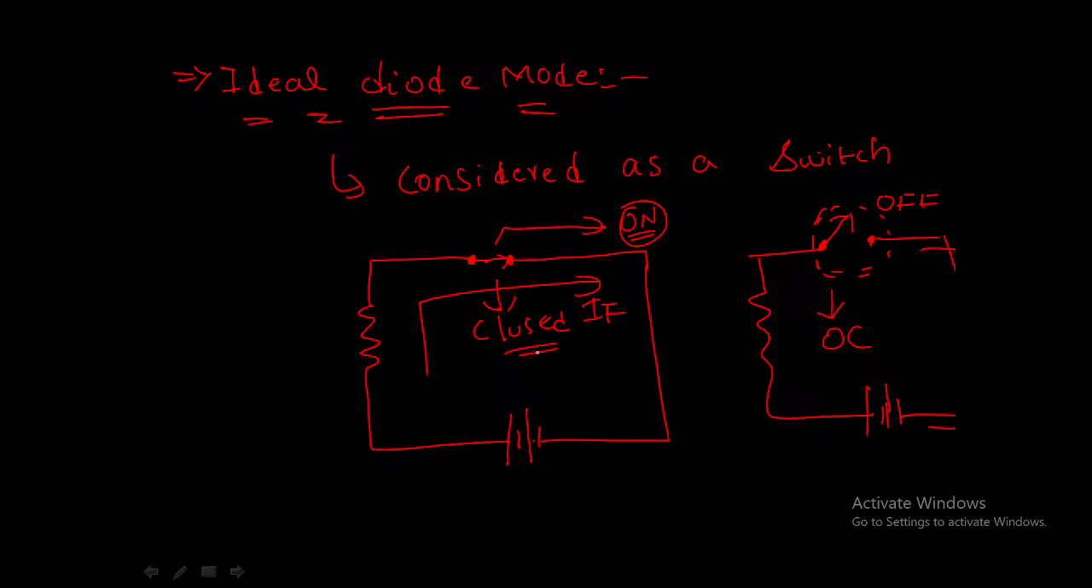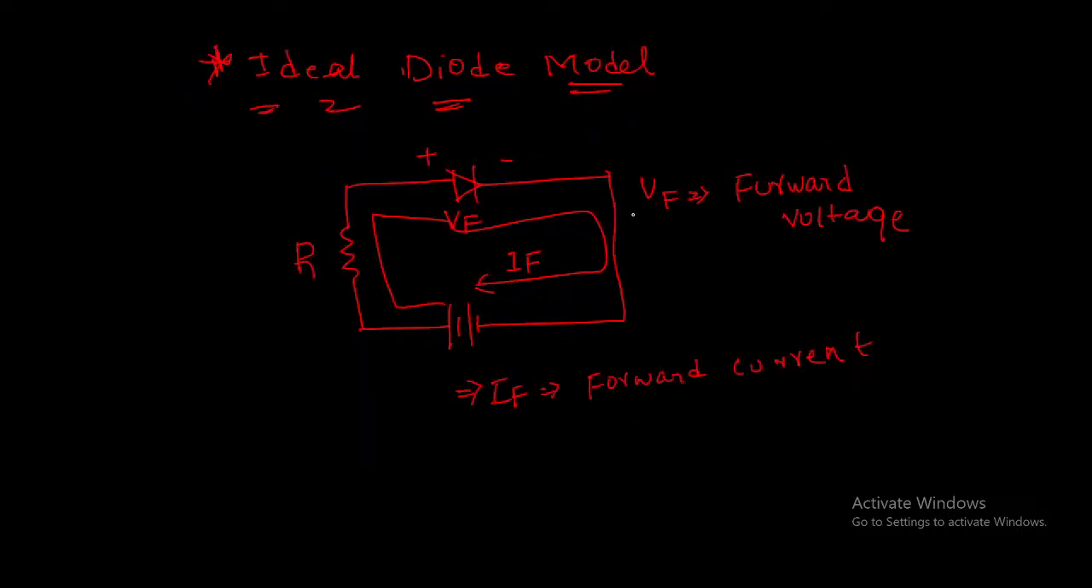So if the switch is on, the current will flow through the circuit, and if the switch is off, the current will not flow through this circuit. This is clear. Okay, so this is the diode approximation, nothing more. So why are we actually discussing these diode approximation models? The agenda for discussing this is to understand the voltage